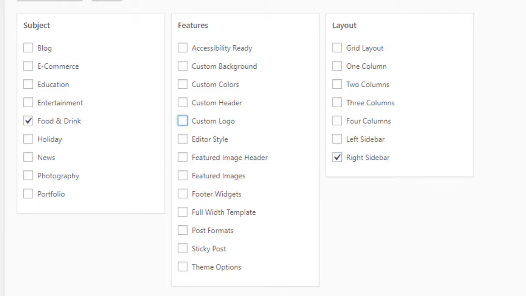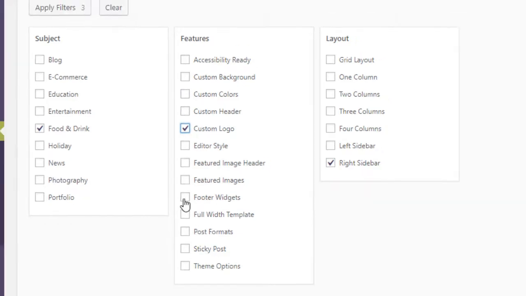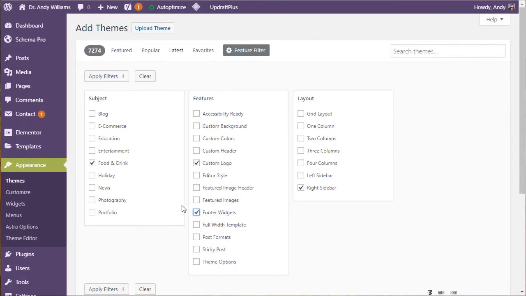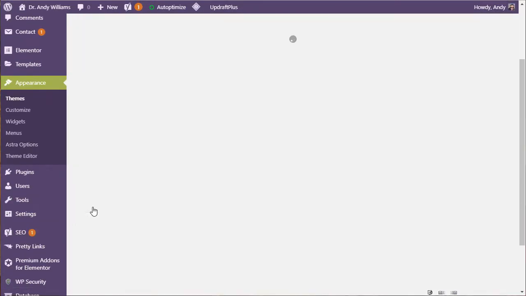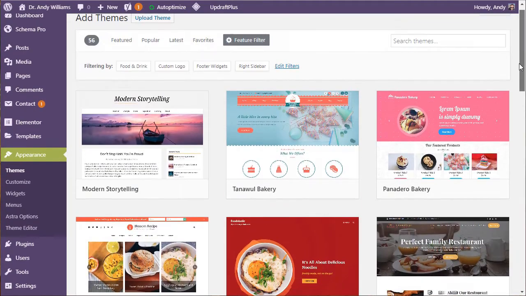For example, I know from teaching over the years that a lot of students want to have a custom logo or custom header, so you can actually put that in there. You might want featured images on your archive pages, like your category pages, a featured image with a little bit of text to explain what the article's about. Or you might want to have a theme that has footer widgets. So you can select your options there, just apply the filters, and you will be shown all of those themes